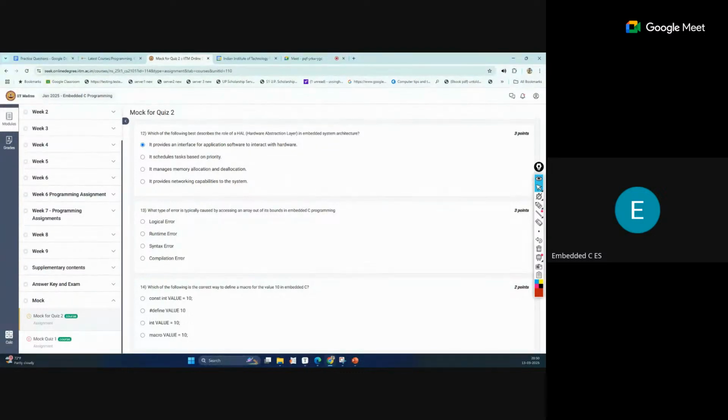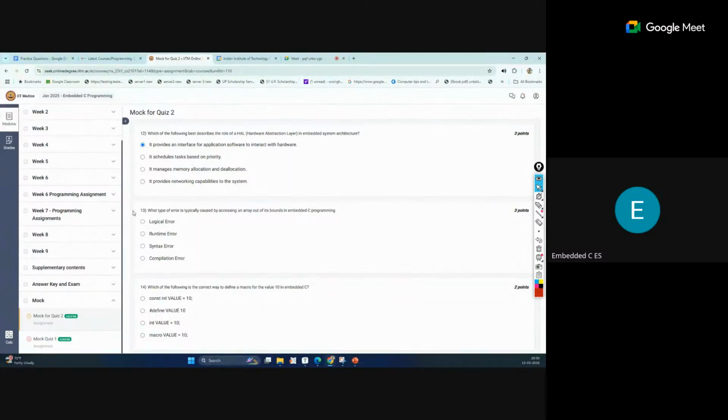But sometimes it may also create an error. Suppose that memory is allocated for some other program, and that program is using it, and you are also trying to access it, at that time this may create a problem. In that case some error will come.